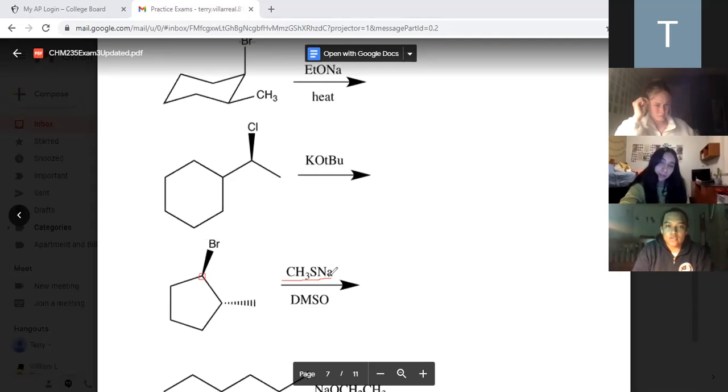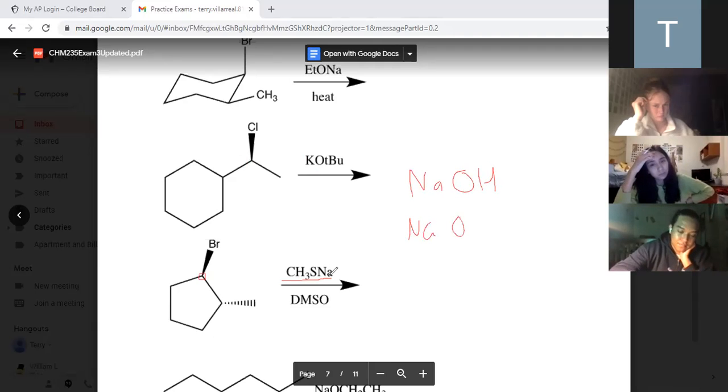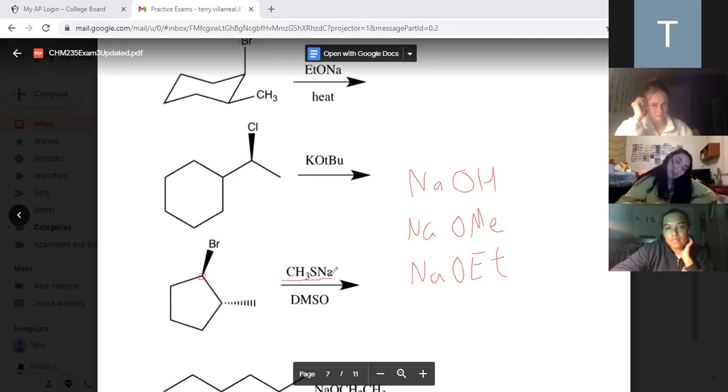Could it be both a strong base and strong nucleophile because of the sulfur? Okay, so is this one of the three that I told you about earlier? No. So again, Matthew, this is something that I really want you to commit to your memory. These are the only three common reagents that you will ever have to worry about for that question. These are the only things that are both strong bases and strong nucleophiles. And I suggest making a card and committing that to memory, because that's where they can trick you. But this one does not fall into the category.